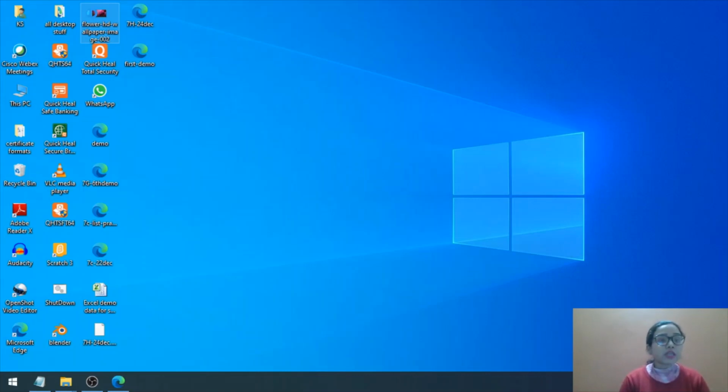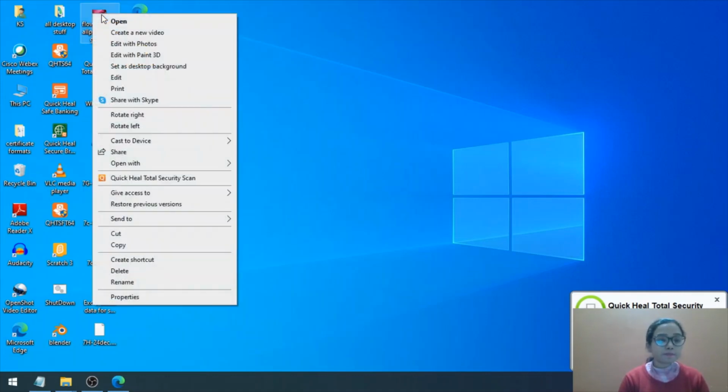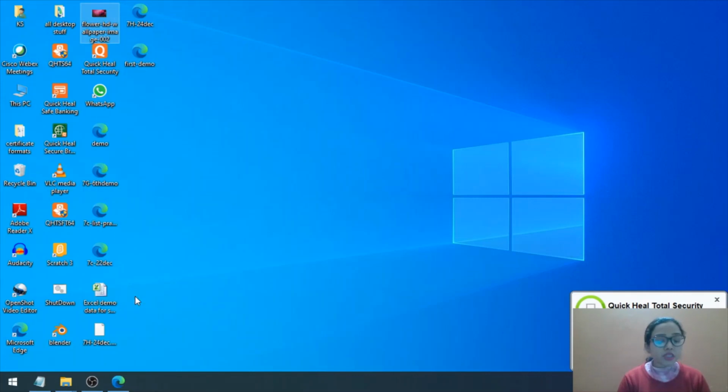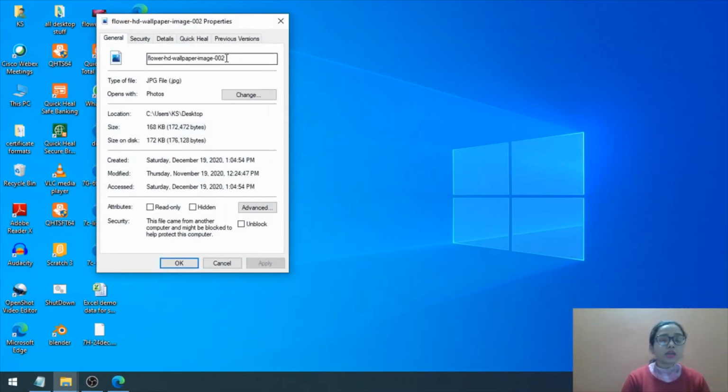You have to right click this particular file. When we right click this, it will show the properties of this image file. And in the properties, we have to check two things. First is the name of the file, the entire path or name. See, when it is on the desktop, we need not copy the entire path. There is a small trick which you need to remember. A small twist is there.